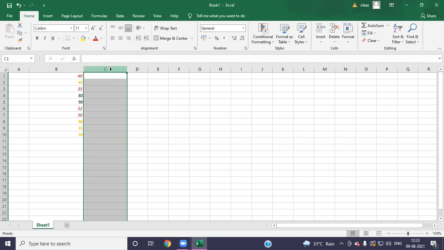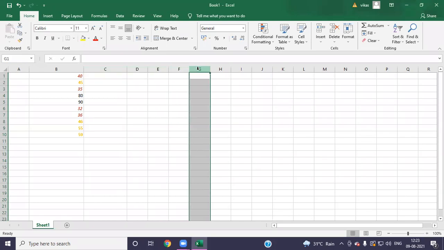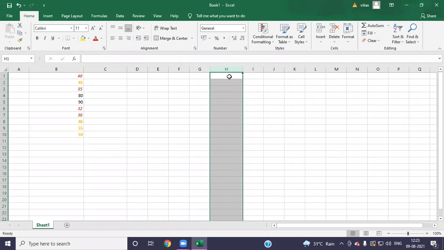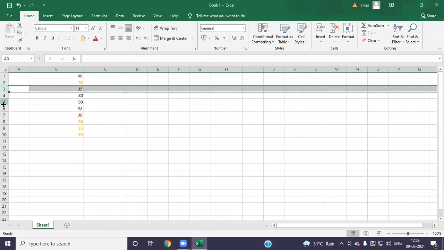If we want to select the entire column, we have to click on the column name. Look here, D, E, F. If you click on the column name, the entire column will be selected. If you want to select the entire row, we have to click on the row number. The entire row will be selected.